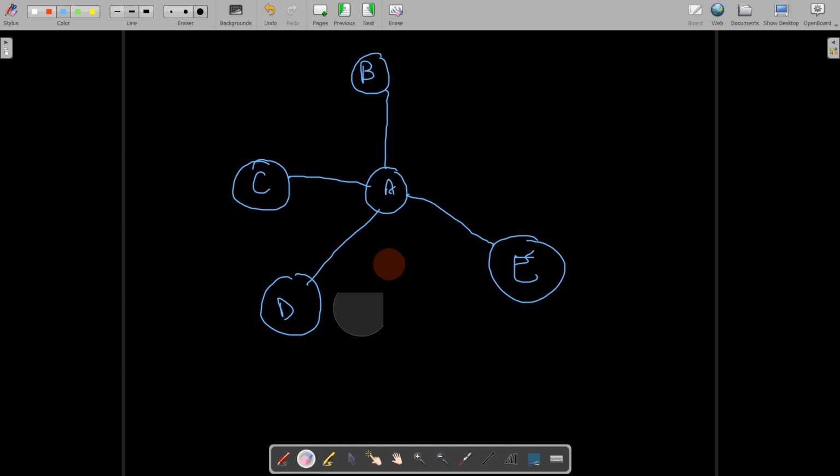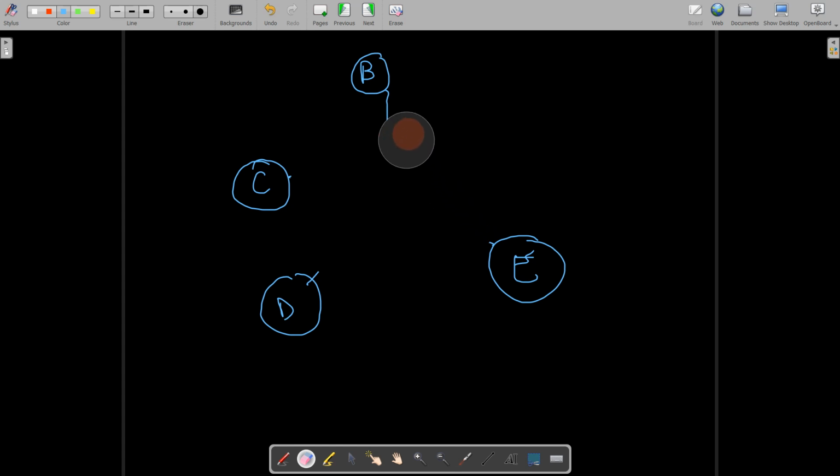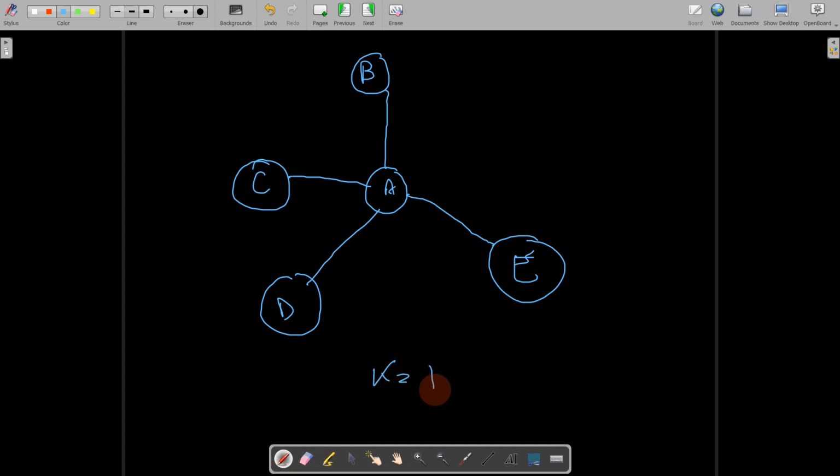Now in this graph, if there is at least one vertex which, if you remove it from this graph, as if this vertex does not exist at all, and then after removing it the number of connected components increases. What does it mean? Initially, when the vertex was there, how many connected components did we have? Connected components means there should be a path from any vertex. You should be able to reach any other vertex, or there exists a path between all the vertices, no matter which two you choose. So here the connected components was 1.